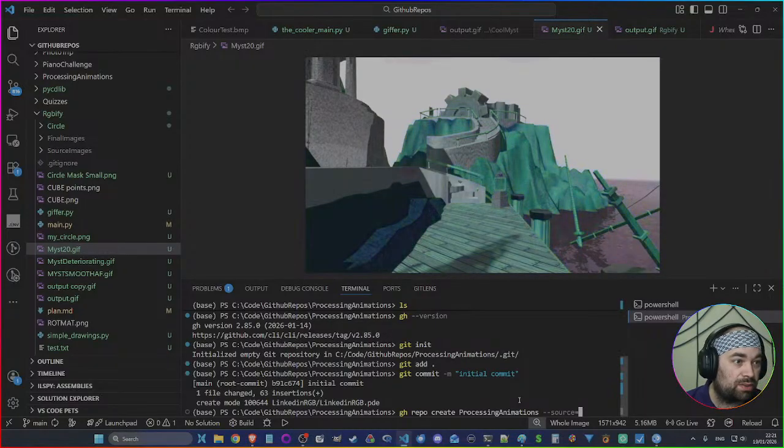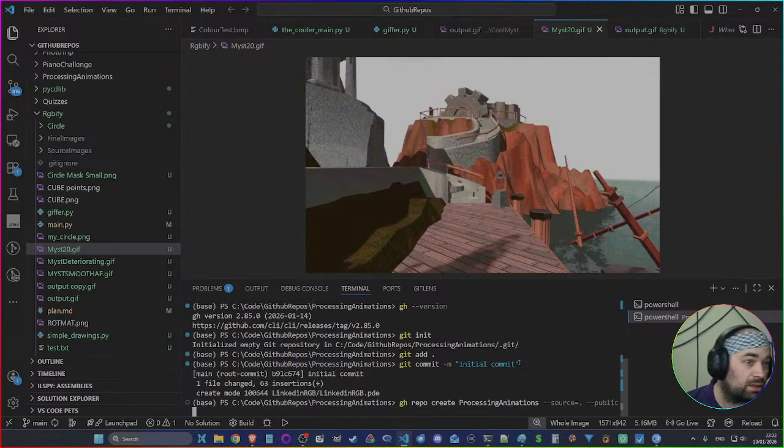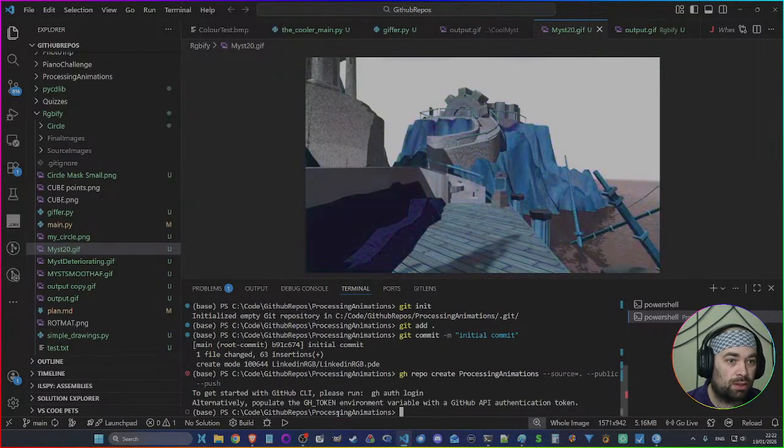Source equals dot. Okay, that's this folder. Public, push. Yeah,